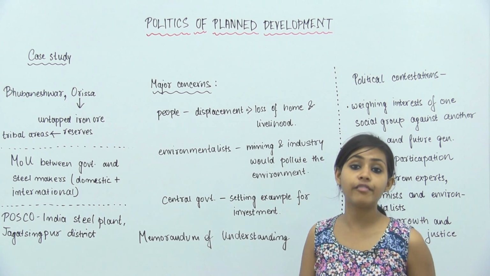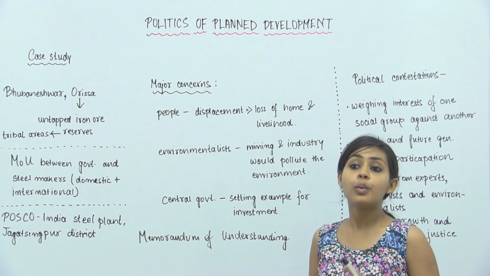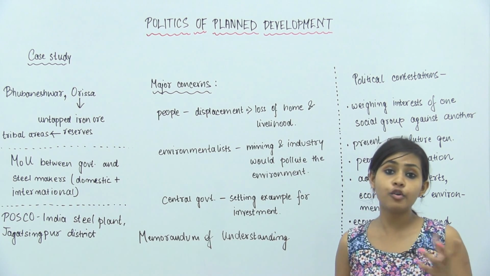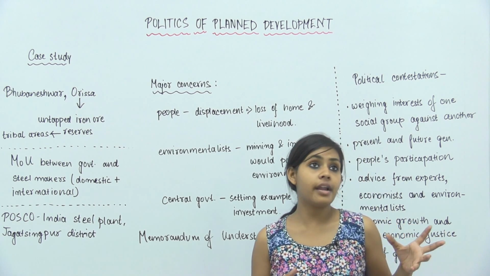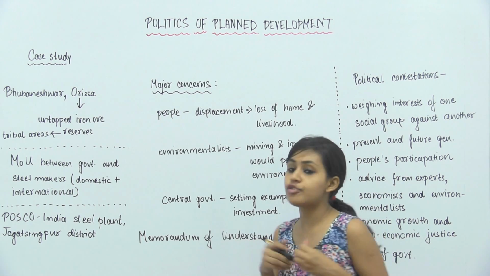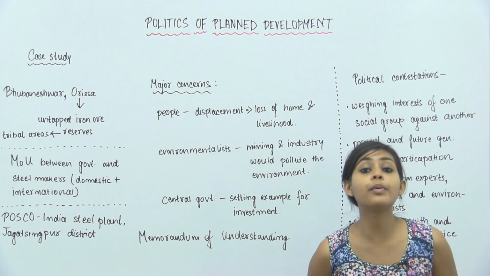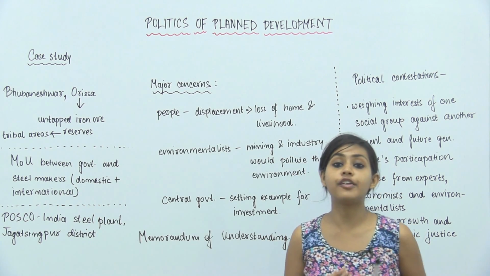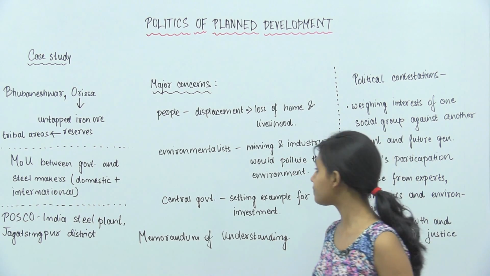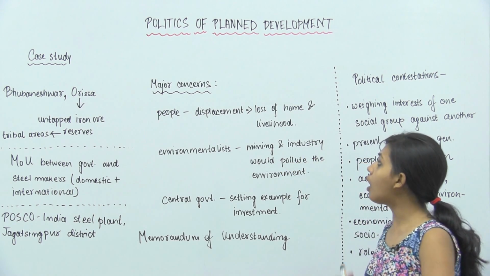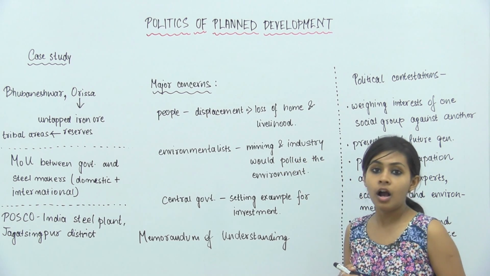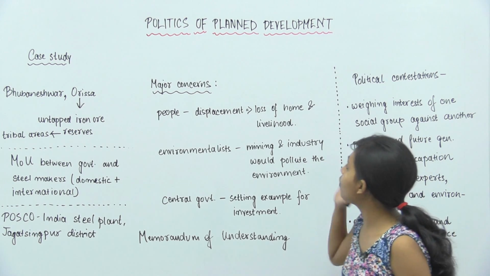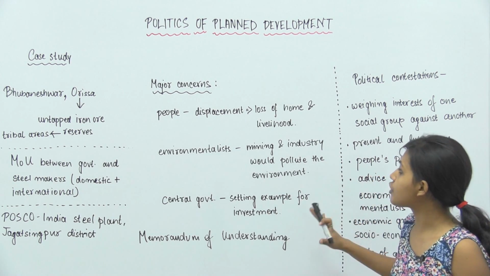जो projects होती है development के नाम पे, जो projects होती हैं which leads to development in some way, it does, but it harms a certain section of people who are not able to get any of that benefit from the development that's happening. So there are basically 3 sections of people involved in this entire thing, and let's look at the major concerns of these sections of people.